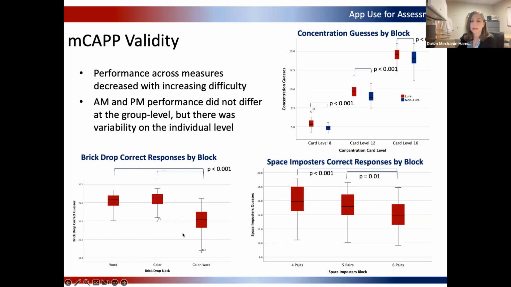And so we're thinking about making an adaptive design to this for our patients, because we really can't go with one size fits all response time expectation. And so an adaptive design is something I have a student this summer, an undergrad, who's going to be working on that. And then for the concentration test, we see the sort of expected change in guesses over the 3 different levels, and also the expected difficulty in the lower levels versus the non-lower levels. So that was just sort of to check to see if the performance is as we would expect on these